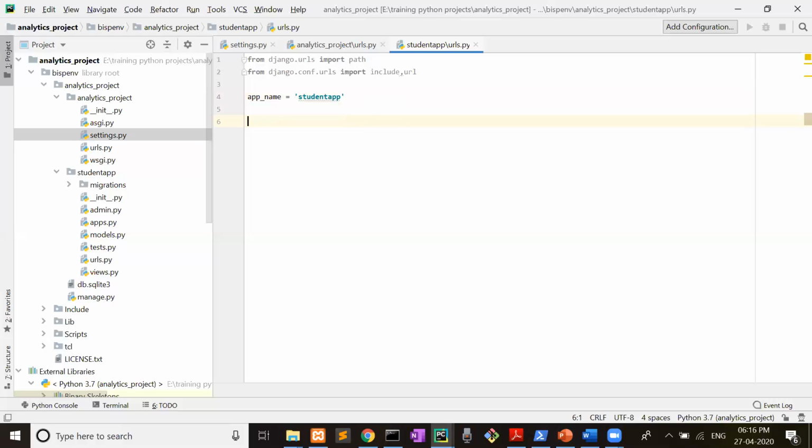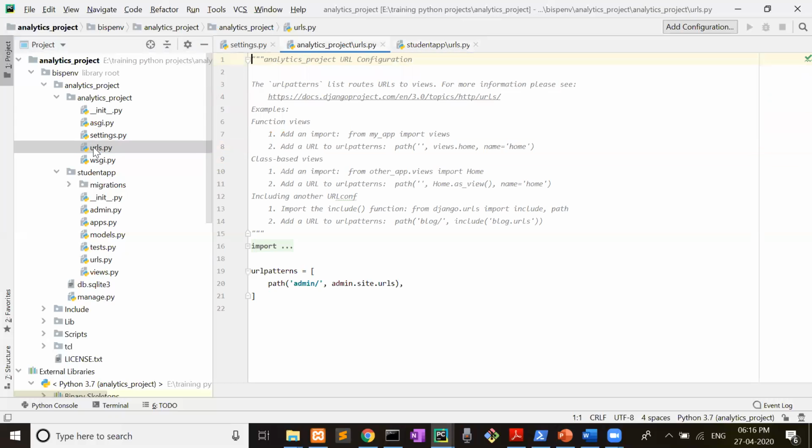Now you have to create URL patterns, because from here we will do all the URL task. What is it? I will show you later on. Now go to the analytics project URLs. There are two types of URL files. One inside your app that we have recently created, and one is the main project urls.py. Now what you need to do here,